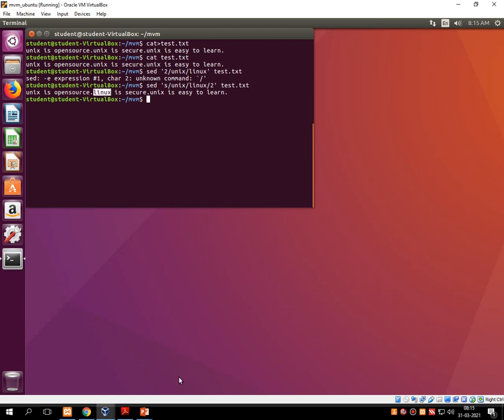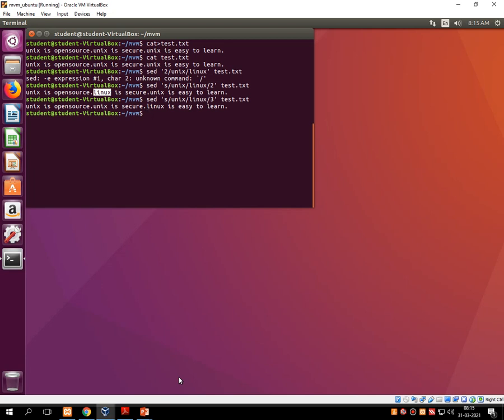Now what I am changing in this particular command is this 2, that means second, I am replacing with 3. So what will be the output? Unix is easy to learn, and instead of that it shows Linux is easy to learn.